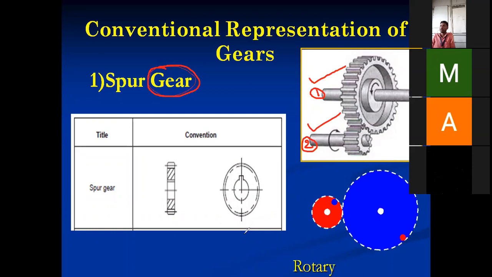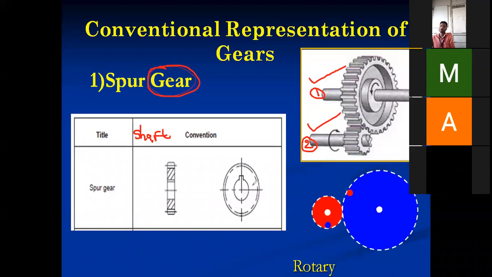So here again it will go in depth. What does it mean by shaft? Again, the question may come in your mind: what is meant by shaft? Shaft is nothing but a rotary element which is used to transmit power. Whenever the word shaft comes in front of you, it just means it is a